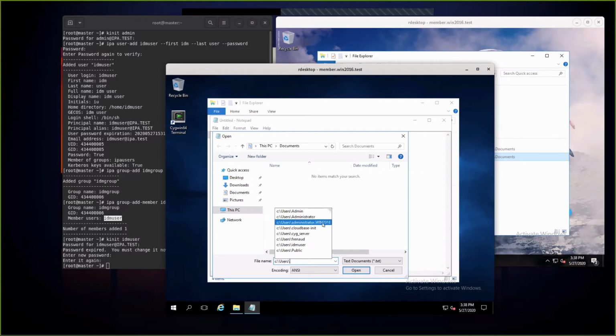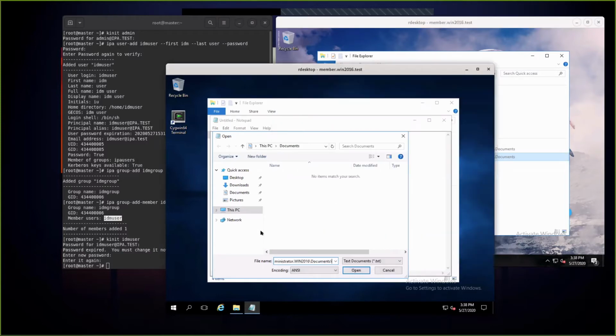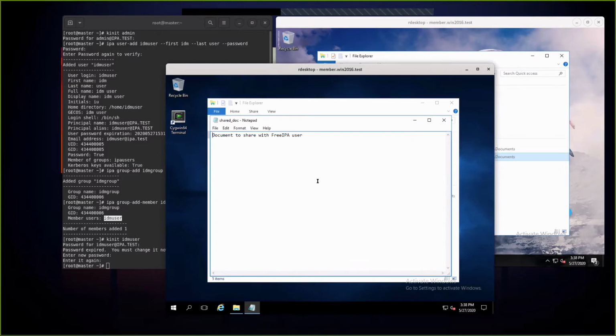It's a document shared by administrator in his documents folder, and the name of the document was shared doc. And you can see that I am able to open the document.